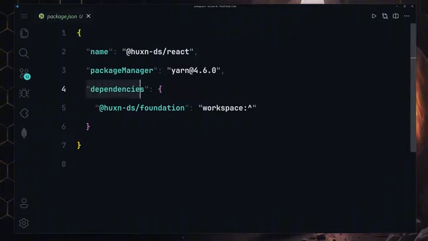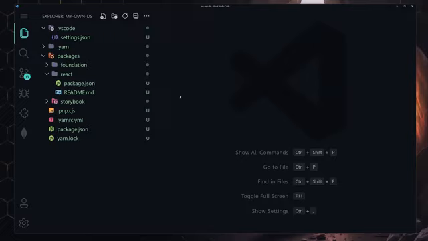We are now getting these dependencies, and inside there we are getting Hosn.ds for design system foundation, and we are now attaching this workspace to there. That's totally done. And next we are going to be adding TypeScript for our project. So that was it about the basic setup, and now we are going to be installing TypeScript inside this